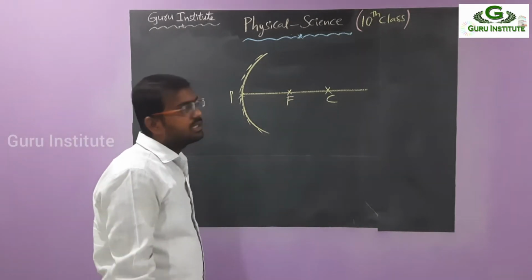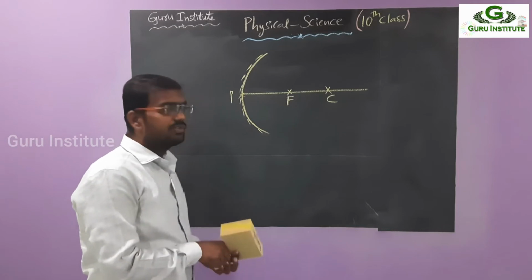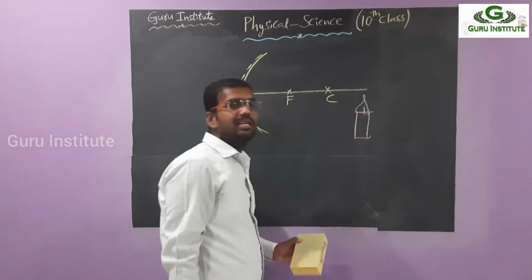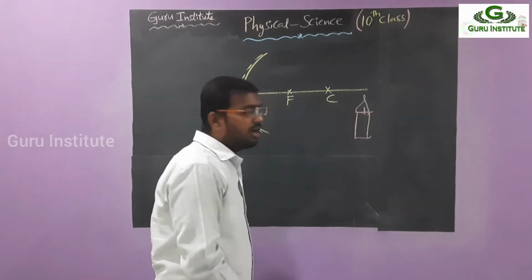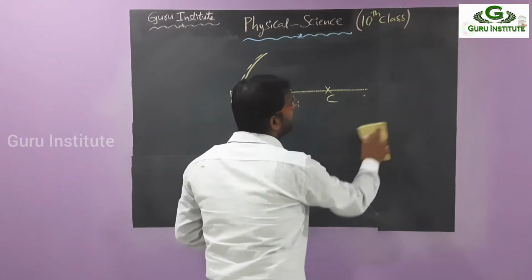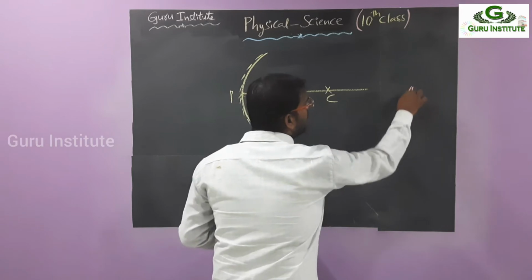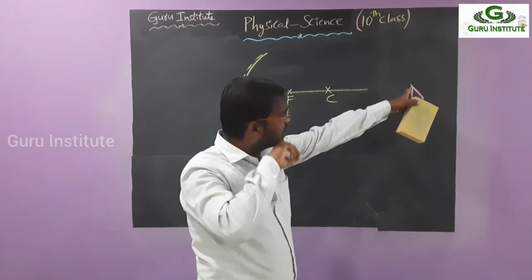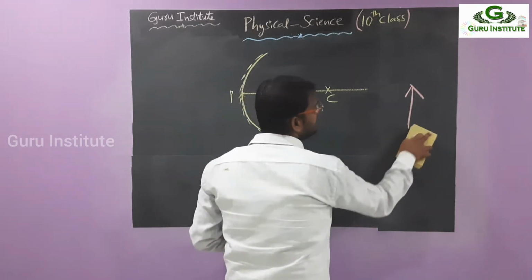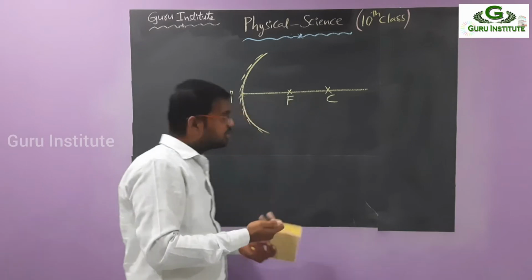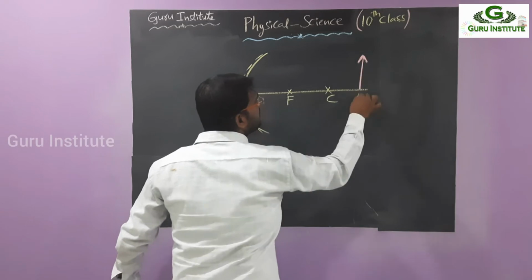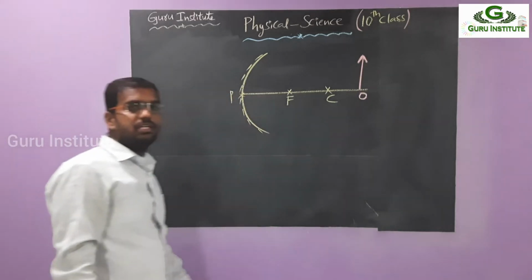So then I am taking the object. In the last cases, what object are we taking? A candle or the sun. Drawing a candle every time is a little bit hard, and to observe the nature of the images, that's why in place of the candle, we regularly take the arrow mark. The top of the arrow gives the top of the candle and the bottom gives the bottom of the candle. So let's take this as an object every time, that means a light source. This is the object. The object is indicated by O, the first letter.